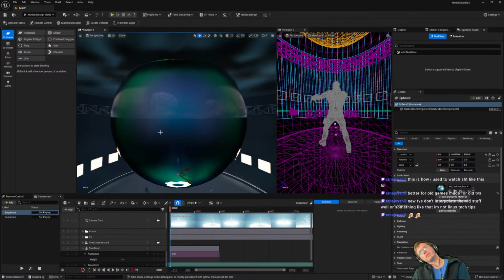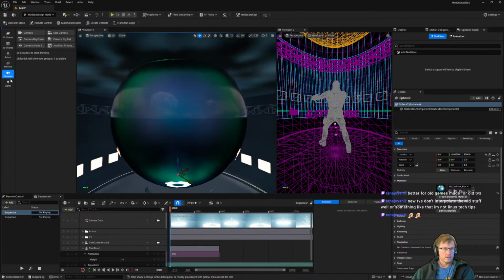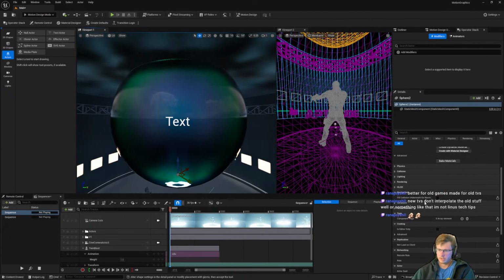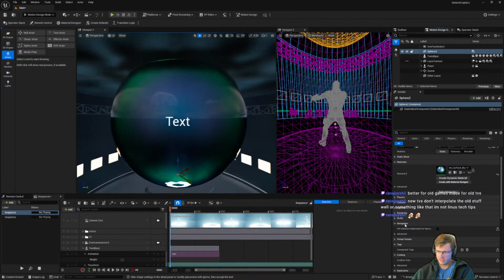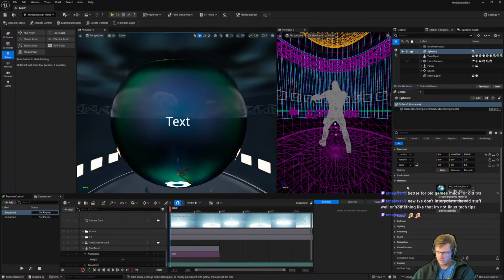I don't know if there's a way to... Okay, let's find out. Actors, you make a text, and then you extrude it. I think for text it automatically extrudes, or it comes preloaded with an extrusion thing.